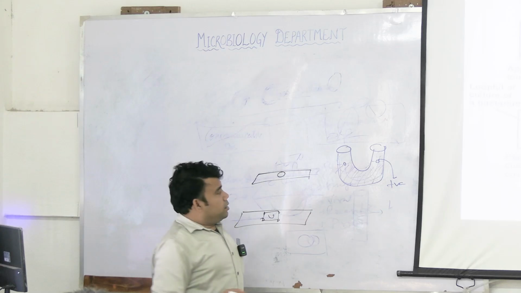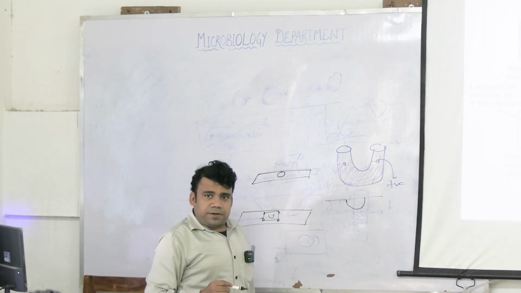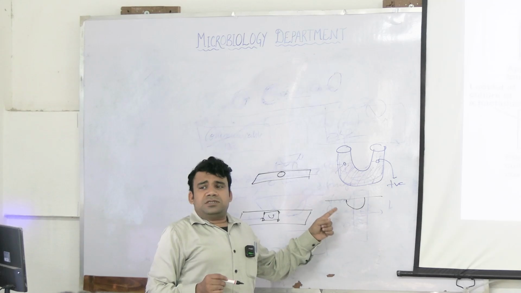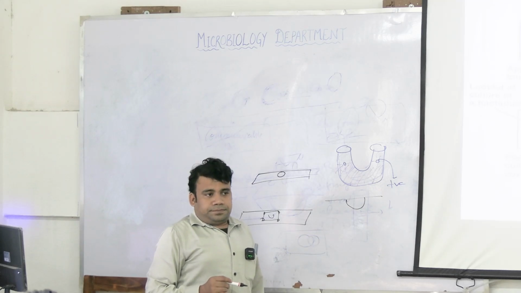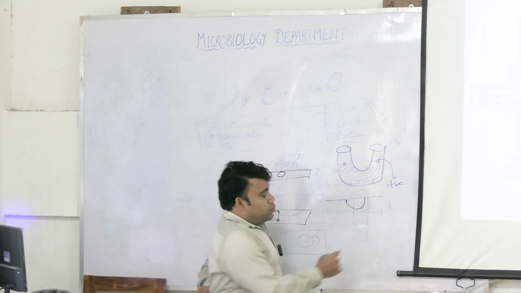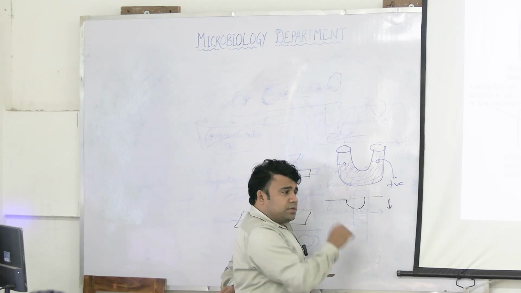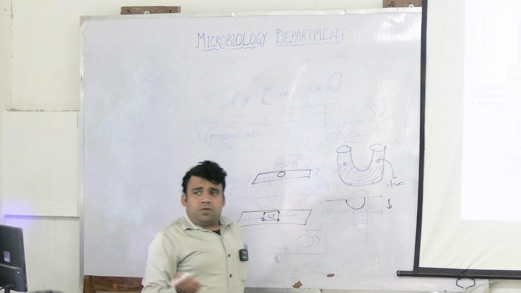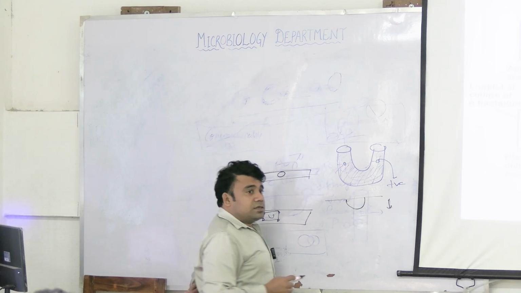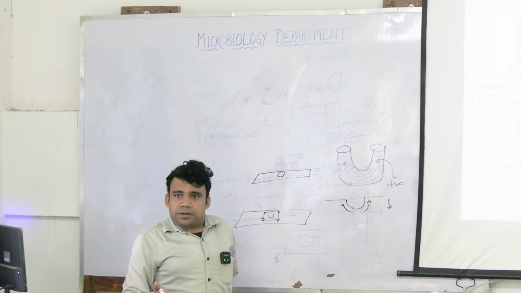So what happens over here, if you appreciate that, if I take a cut section, the suspension is hanging over here. Now how is the droplet hanging over? Why is it not falling down? The weight of the water drop, by gravity, is going down, but something is pulling it up. That is why the drop of water remains suspended. So what is that force? It is the surface tension. So the surface tension acts in this way,